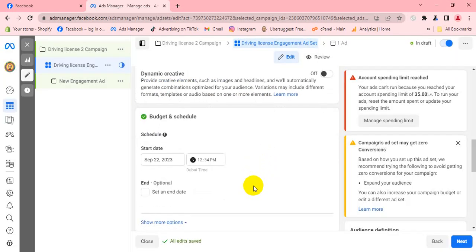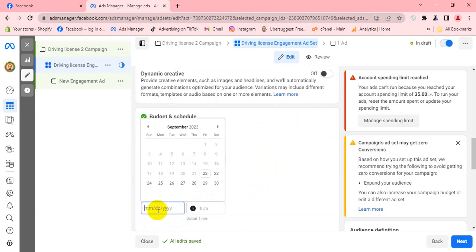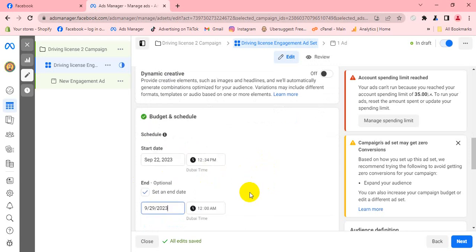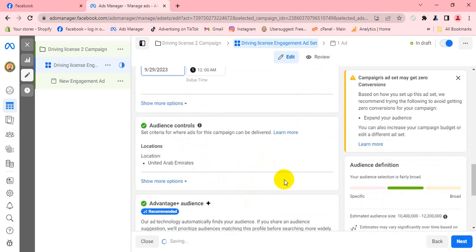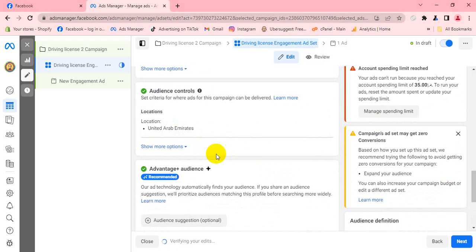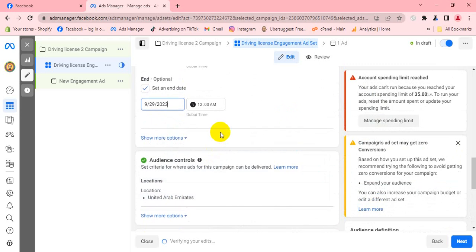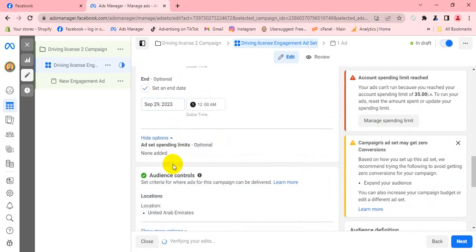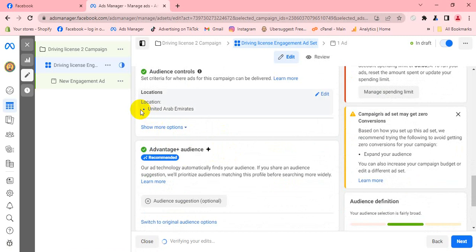Then add budget, maybe it will run from 20. Ending date. Ending date 29. Show more options. Then United